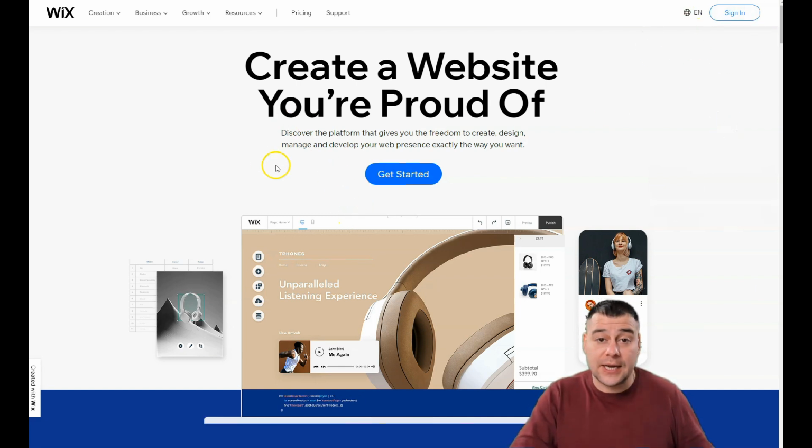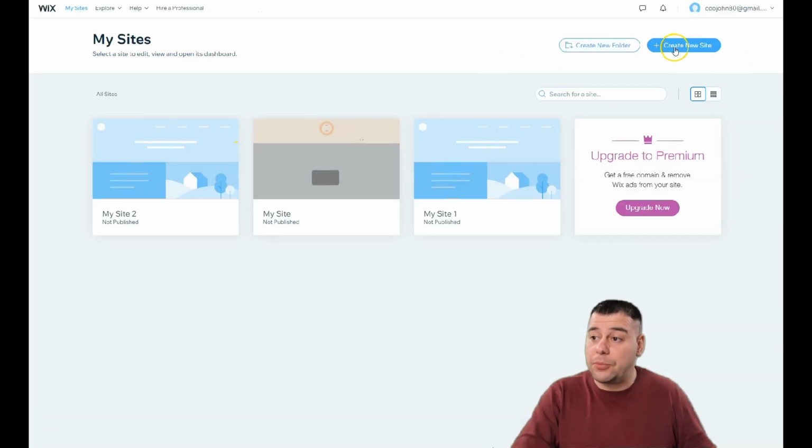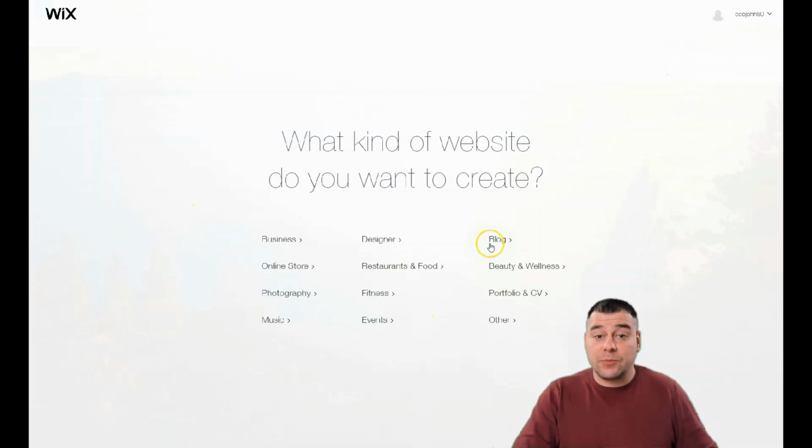Of course, you need to sign up or log in if you have an account. If you don't have an account, just make a new one. It's pretty easy and simple. When you're on the dashboard of this platform, you just need to press create website. The platform itself will ask you what is the purpose of your